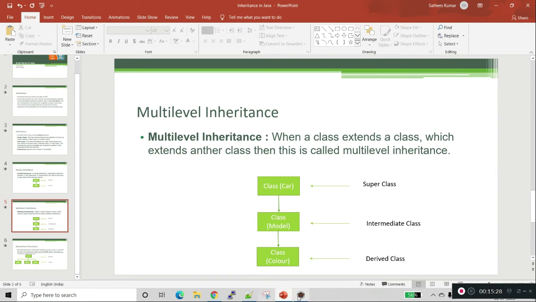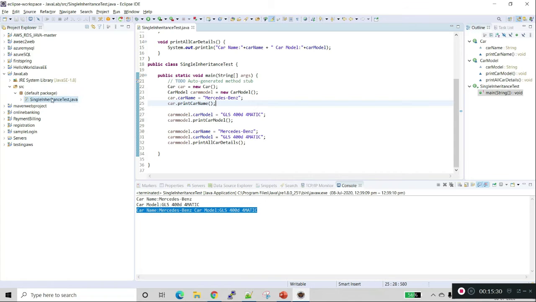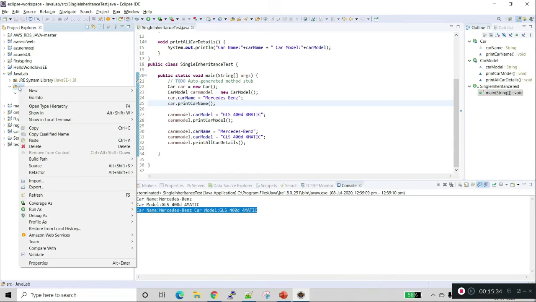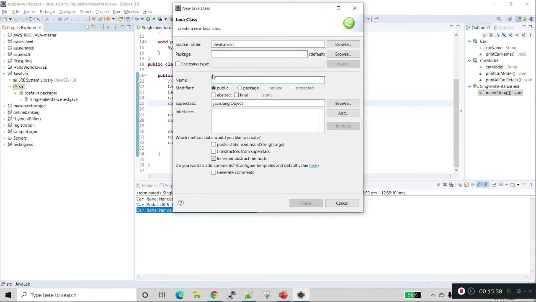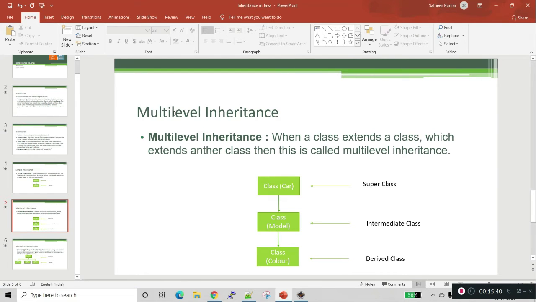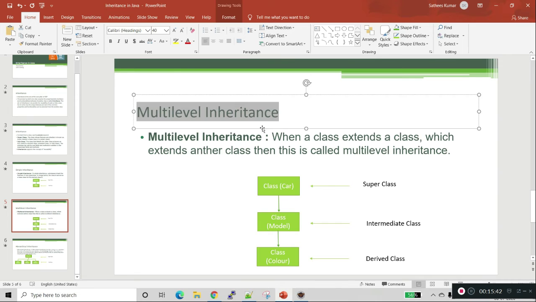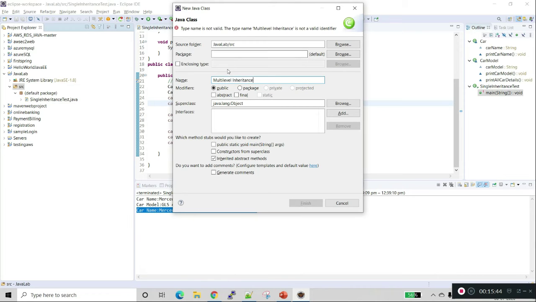Now we will go to the lab exercise. We will create a new class, multi-level inheritance test.